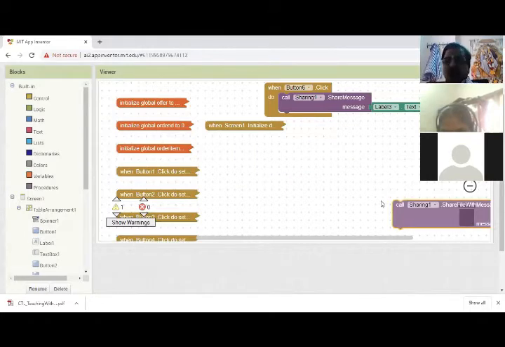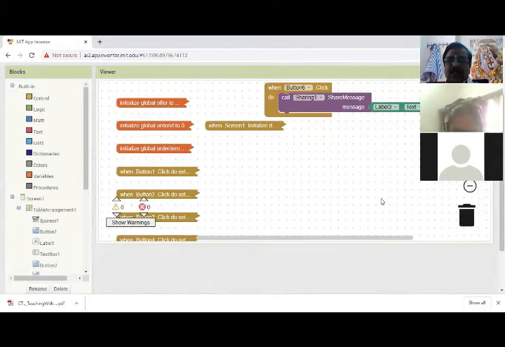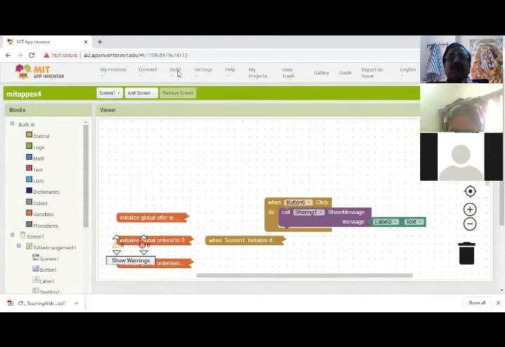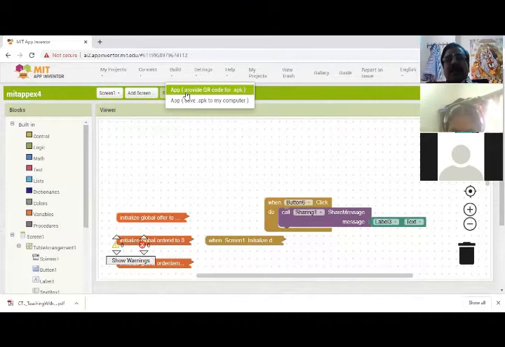Suppose you had a photo you want to share with your friends. You can call the image picker to select the files and send it. You only have to give a path. This is the thing we have already done. Now I am going to generate an APK file.